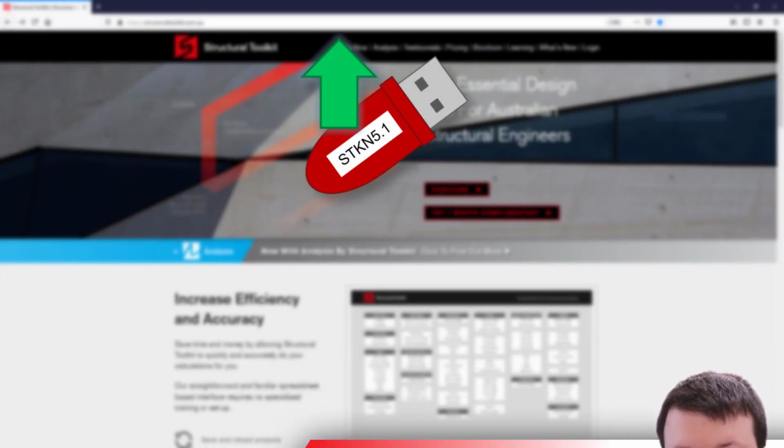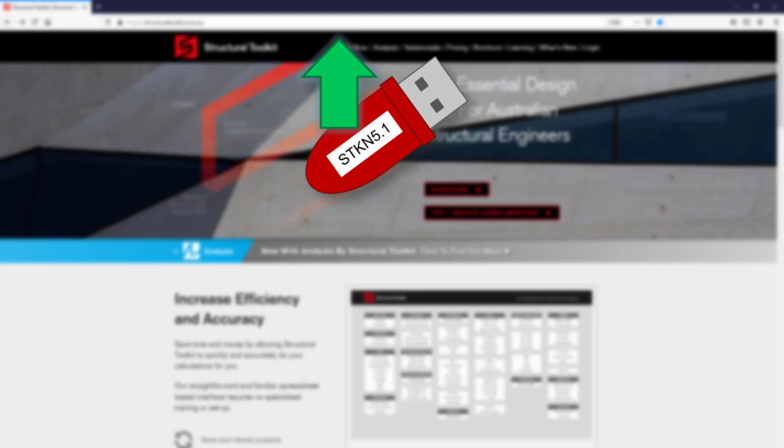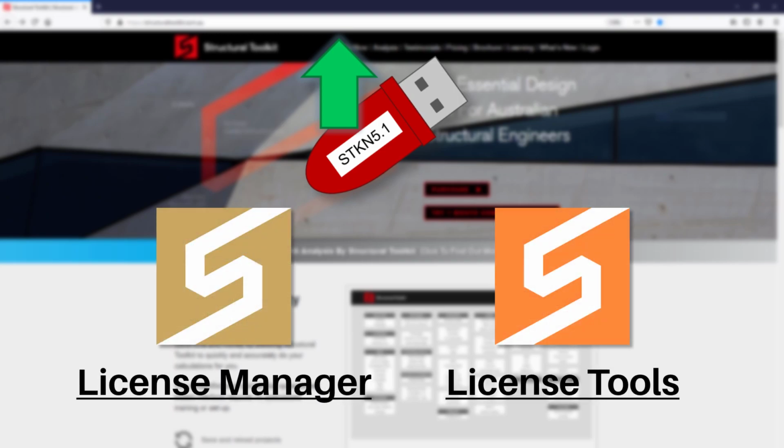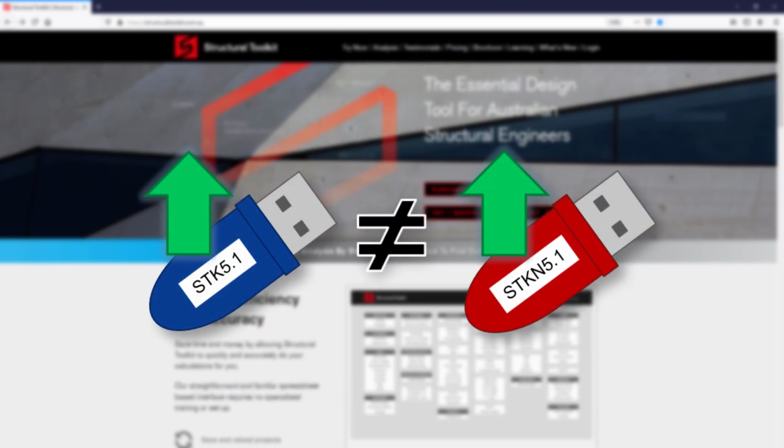Updating a network USB license to reflect your updated subscription or new features can be done in a few ways, and will depend on the kind of network license setup you have in place. Do note that the process for updating a single USB license is slightly different, which we've covered in a previous